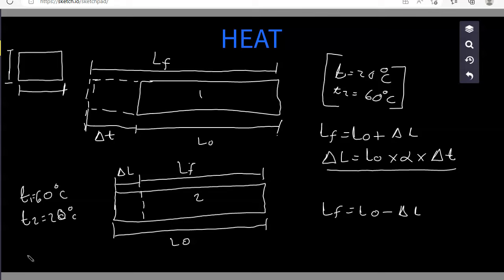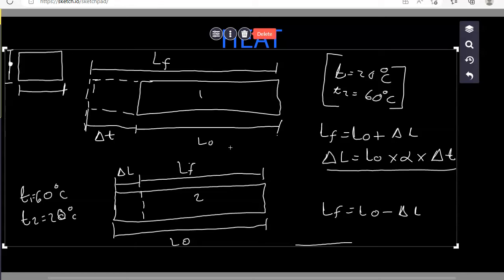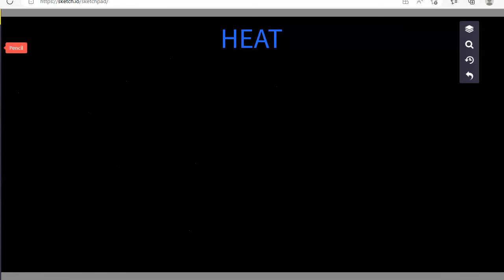But when we are dealing with linear expansion, we ignore the increase in length that this side will experience, because we are only interested in the linear part of it. For example, when we are dealing with a rail line, let's erase this. When we are dealing with a rail line, if you have